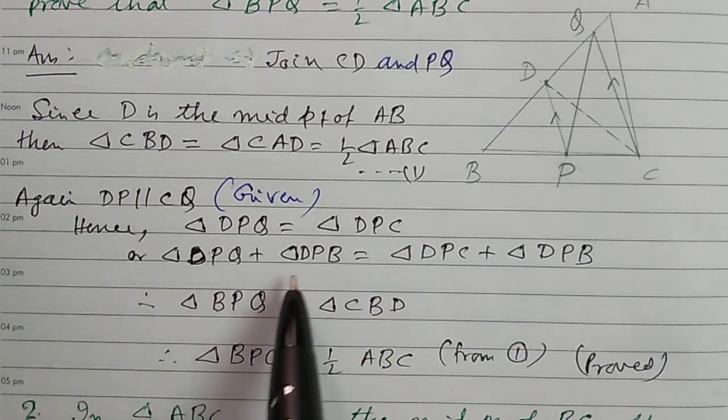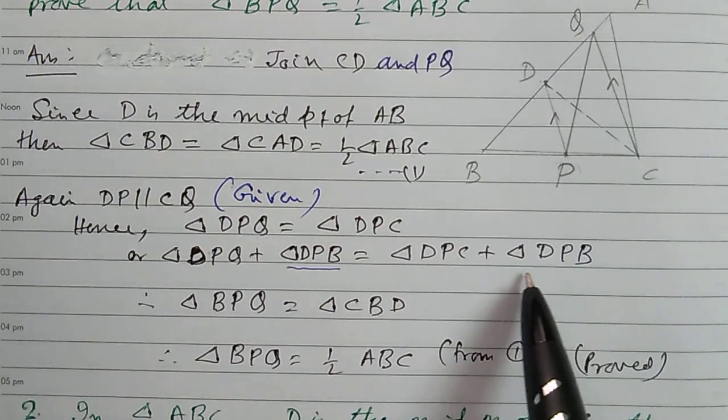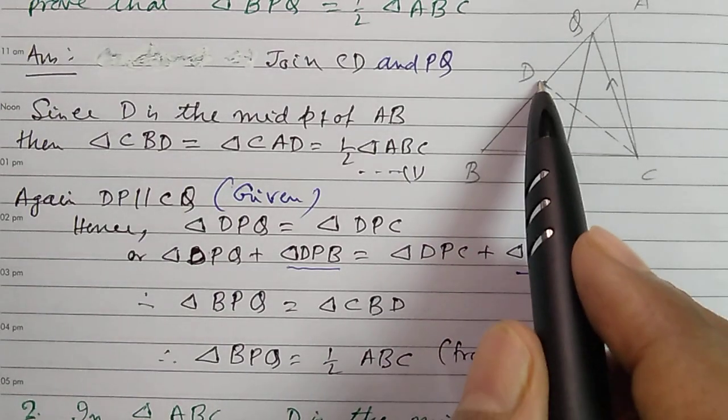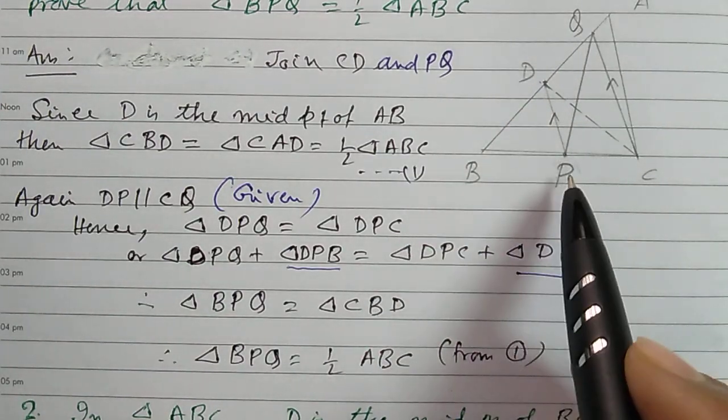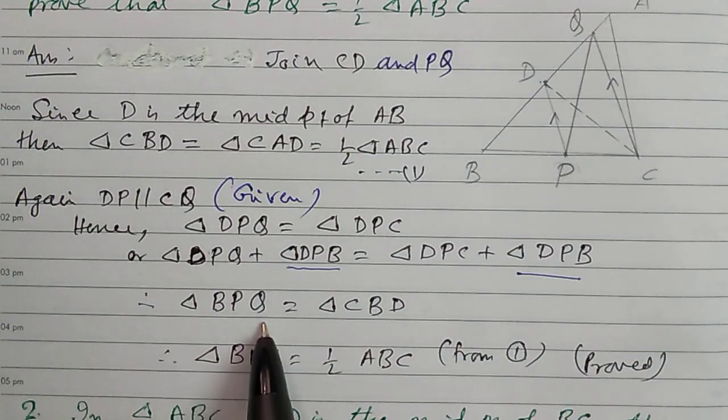Again, we add to both sides the area of DPB. Hence, DPQ plus DPB equals the area of the triangle BPQ, and